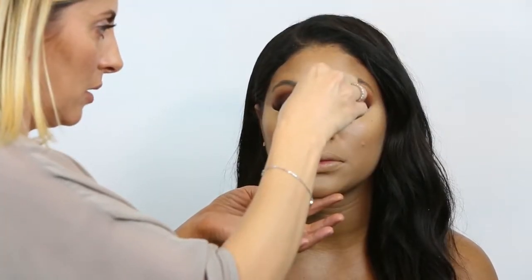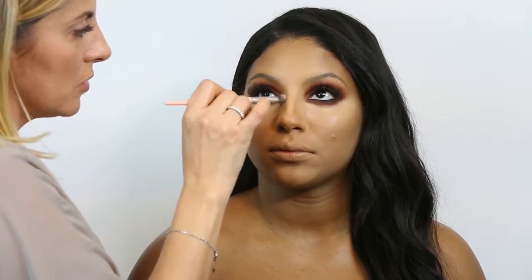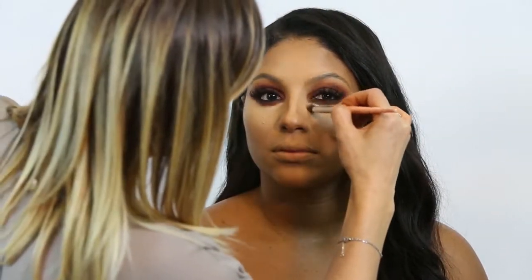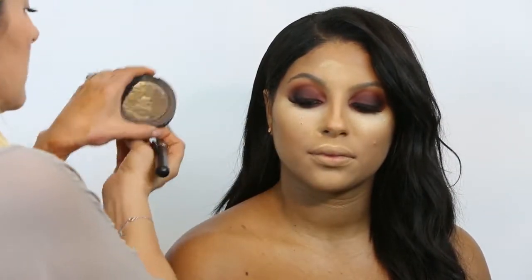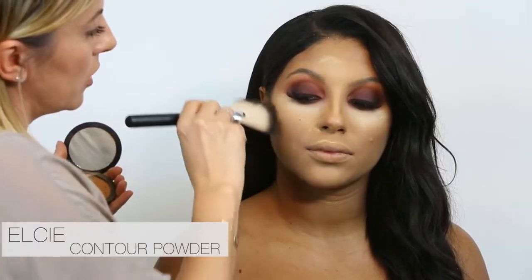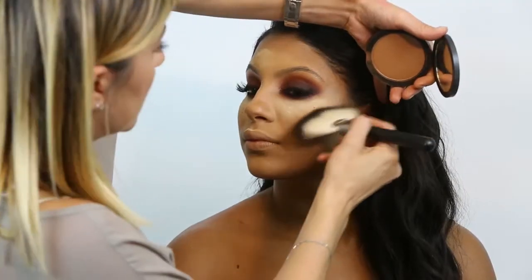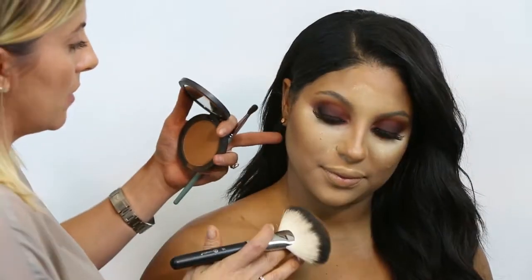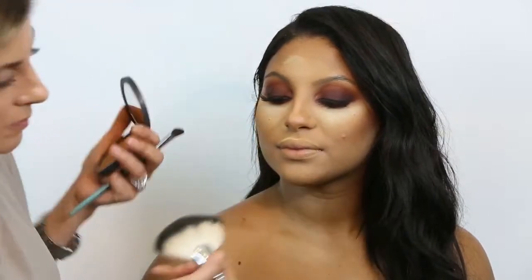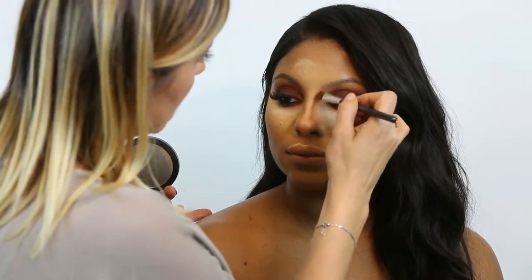So I'm pinching my beauty blender and I'm just softening that line. I'm gonna go in with just a clean brush now and just soften those lines. I go in with this BH Cosmetics number 16 fan brush and this Elcie Cosmetics dark contour color, and just chisel out her cheekbones. I'm also gonna go back under her jawline, use that same contour color. Going with another BH Cosmetics brush, and lightly just...